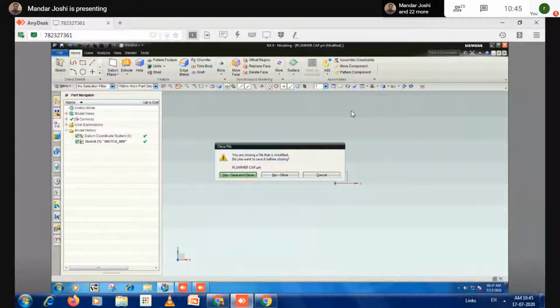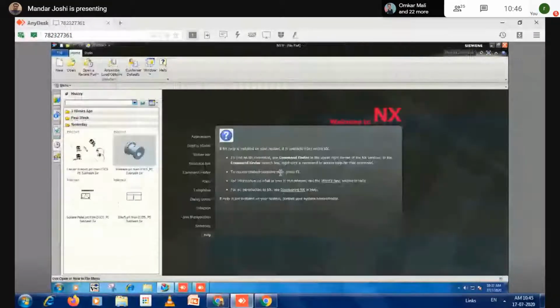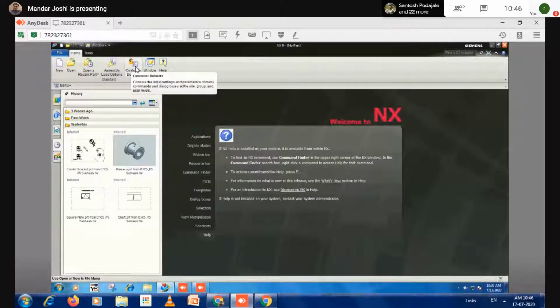I'm not storing any component right now. I close this, and in the starting mode you see the ribbon bar. Here the first option is Customer Defaults. Do you see this? Customer Defaults. Whatever settings you make from this will be permanent.